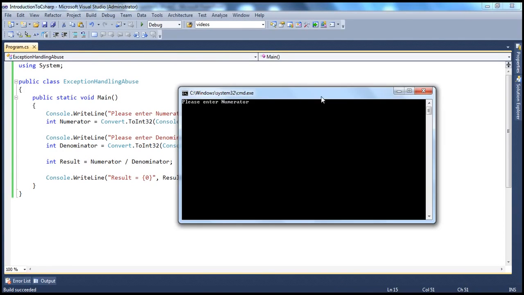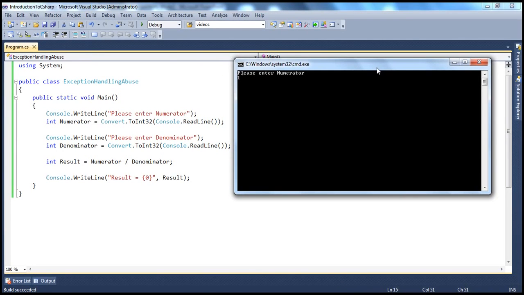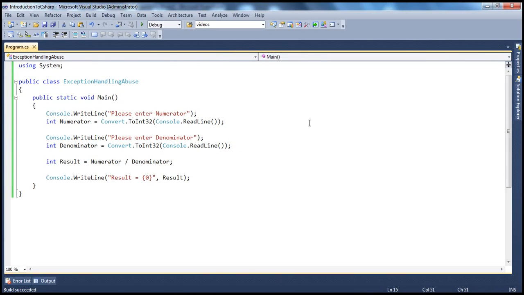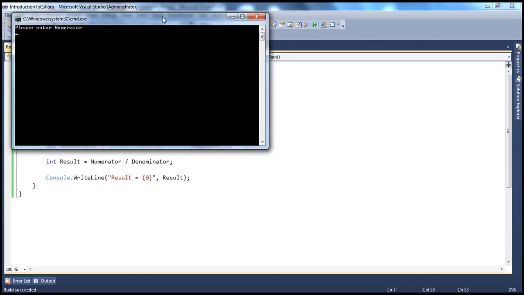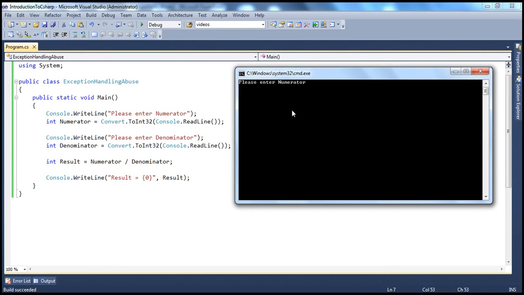Alright, now if we run this program, it's pretty simple. It will ask the user to enter two numbers. Let's say numerator is 10, denominator is 2, result is 5. It works. But then there are several reasons why this program can fail. If you look at this, it's asking us to enter a numerator. The first reason why this program might fail, if I enter alphabets instead of numbers, what this program will do,